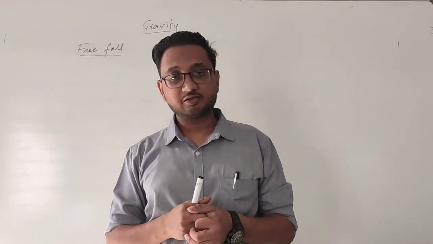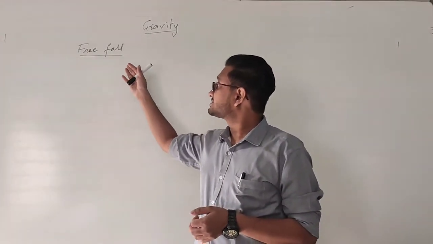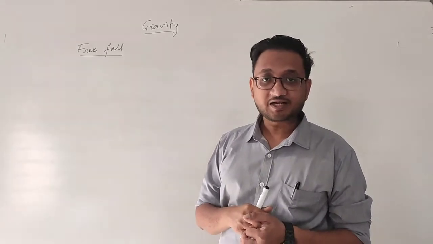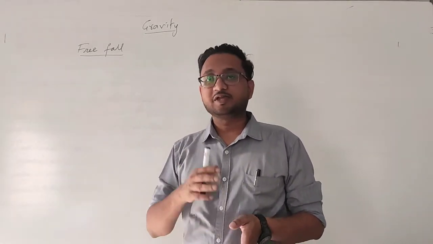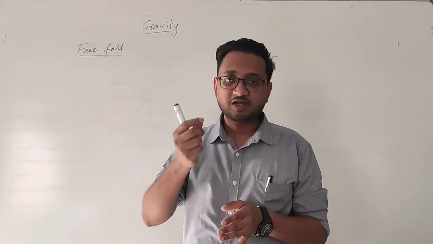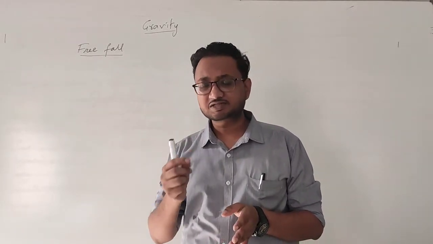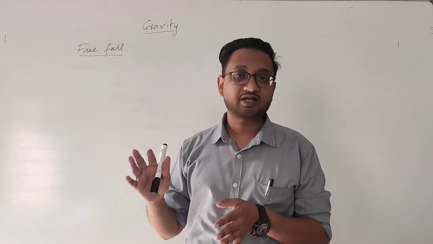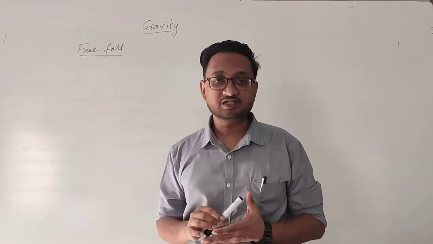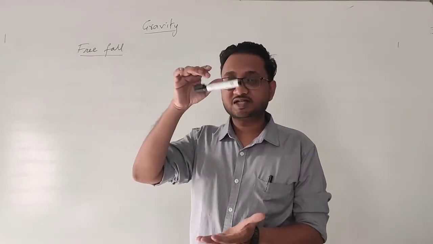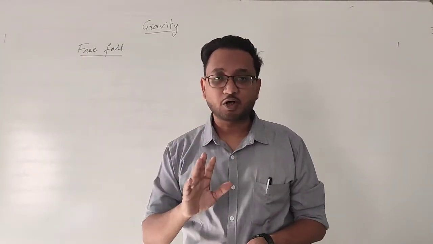I hope it is clear to you, students. And so we can say that if the fluid friction acting is very less, then the object is free falling. Okay, that means no fluid friction or very less fluid friction is acting in such a way that we can ignore it or neglect it, and it is not making much of a difference on the motion of this object, and so we can say that the object is free falling.